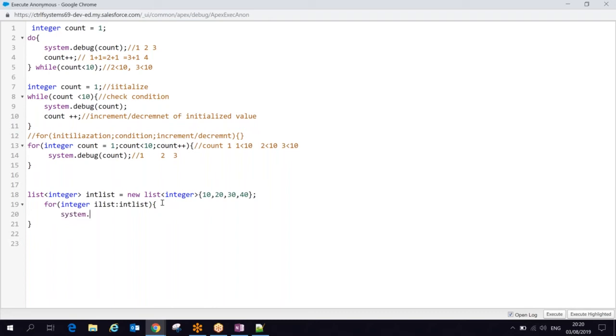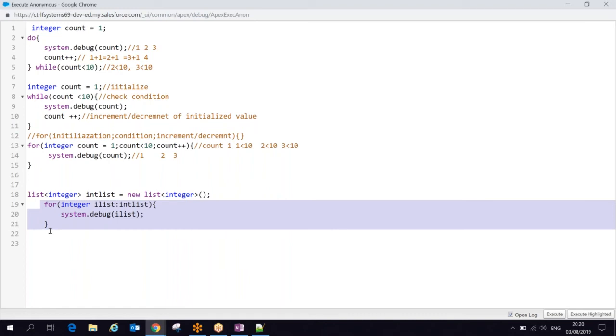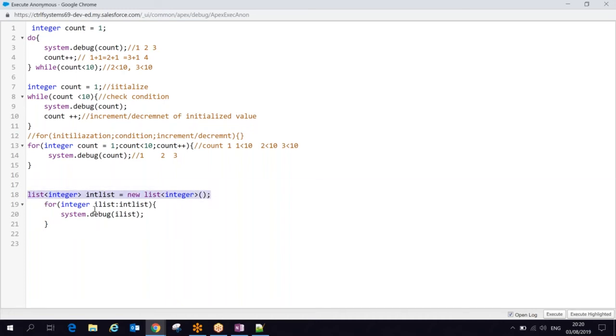Let's see, I'll write System.debug with some statement here, let's see, iList value. I can do something like this. Getting my point? As I didn't teach you anything about the list, I'm just giving the sample definitions, nothing else. If you see these statements, this is my collection, this is my each variable, then how many elements I have in this collection, process it. I'm not showing the output of this because I didn't tell you about this collection. In the next session, when I tell you about these collections, I'll show you how this is happening.